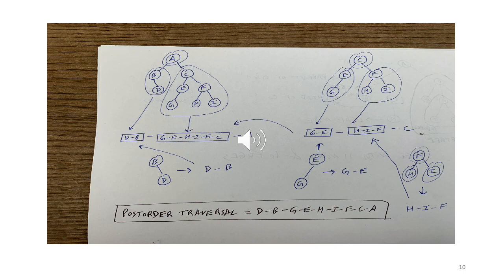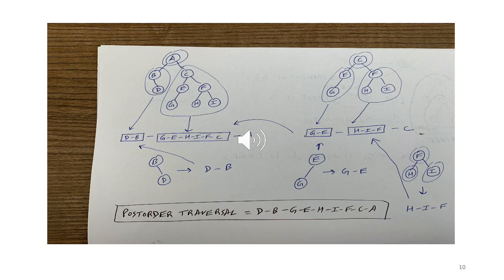Now to fill the first box, we have to look at the tree rooted at E. So E and G. For the left subtree, we get G, followed by the right subtree, which is null, followed by the root, which is E. So the correct sequence is G followed by E. Now looking at the right subtree, F, H, I, we divide that also into root, which is F, left subtree, which is the single node H, and right subtree, which is the single node I. So for F, H, I, we do a post order: left subtree, which is H, followed by the right subtree, which is I, followed by the root, which is F. So for F, H, I, the post order traversal gives us H, I, F.